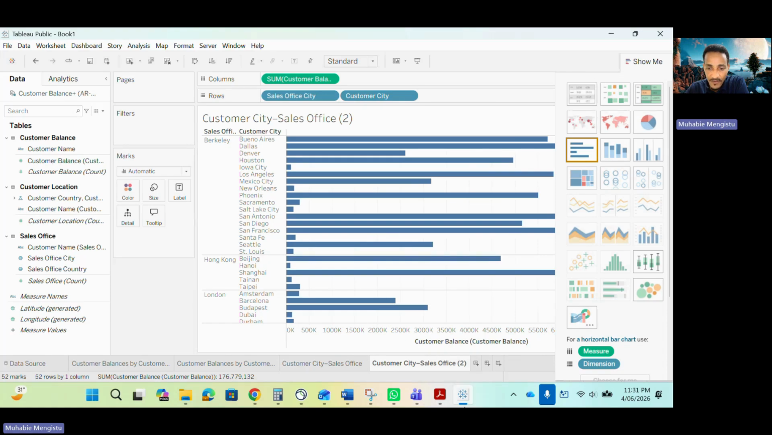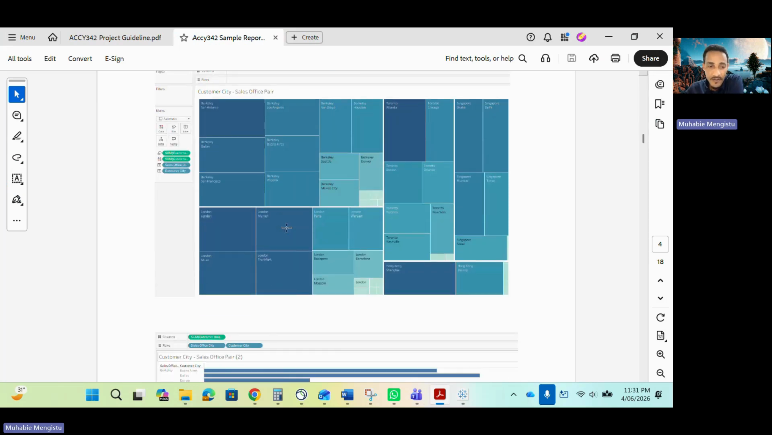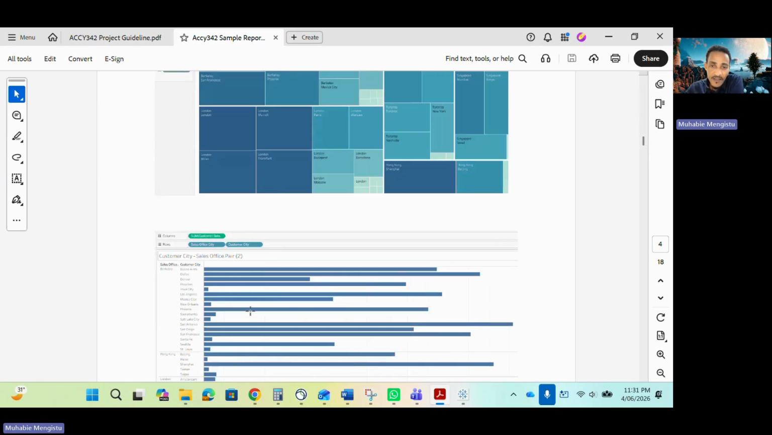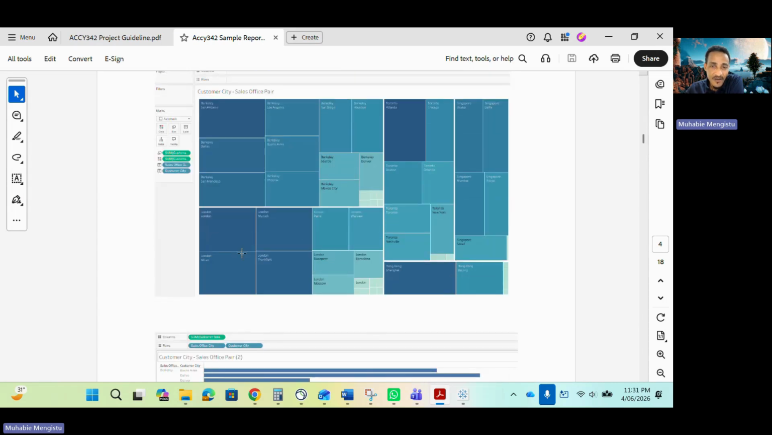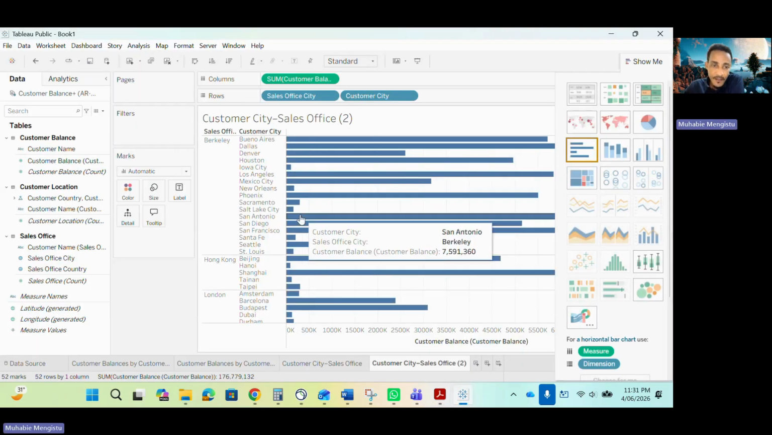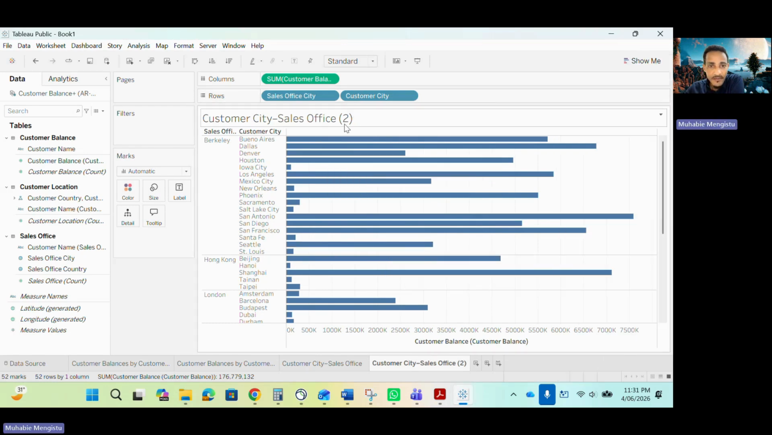As you can see, we created the first customer city and sales office visualization, and this one is the bar graph for the same analysis. The reason is that this one will give me a more detailed analysis. The first one includes only the big ones. By the way, this one is two. That means for the same analysis, I have two visualizations. The reason is that I want a more detailed visualization as an auditor